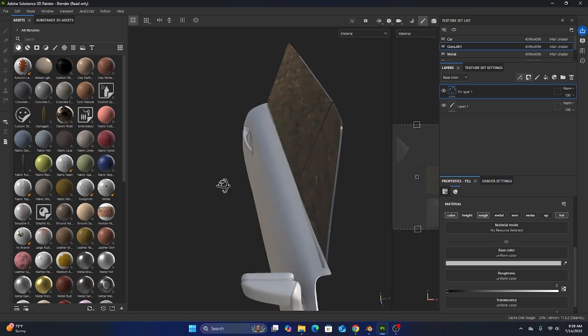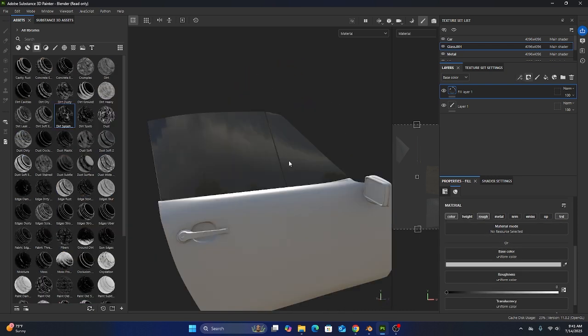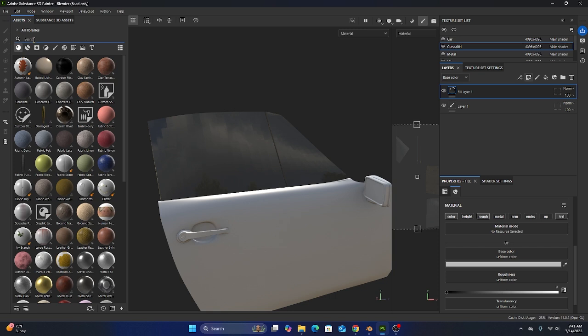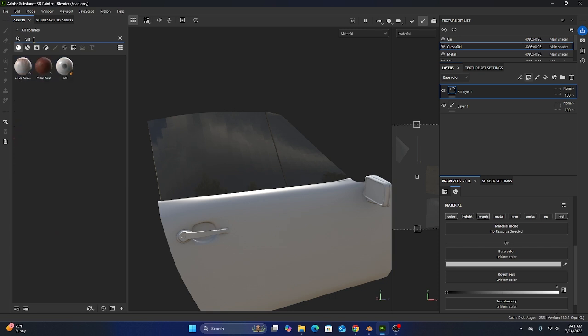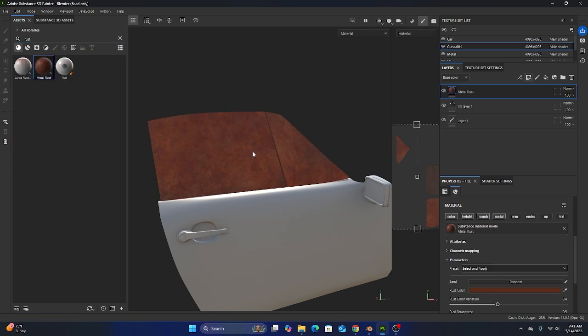But I have glass on my object, so I'm just going to add a little bit of complexity to my window here just to make it look a bit more realistic. So if I come over to my materials panel, I'll add some sort of a rust effect to it. I know glass doesn't really get rust, but I want it to simulate dirt or buildup of dirt on my glass. So I have this rust on my glass here,